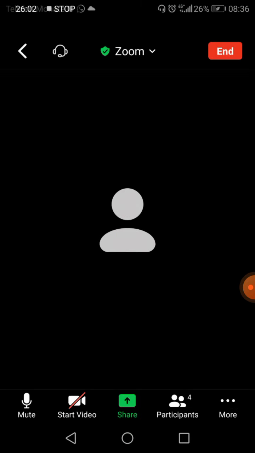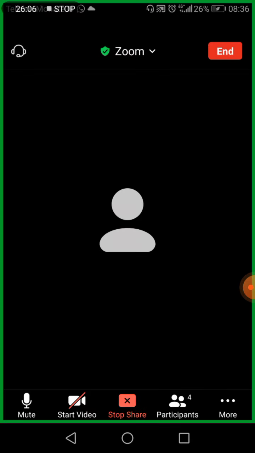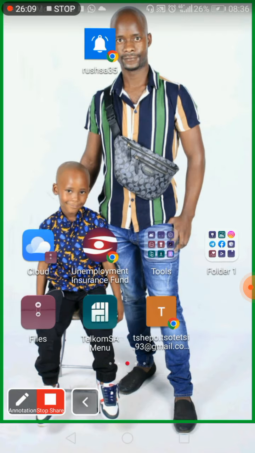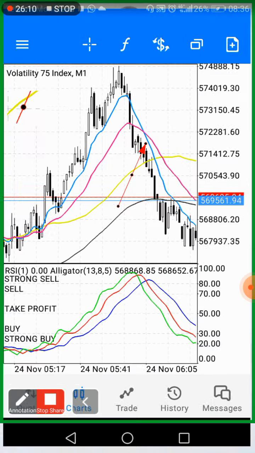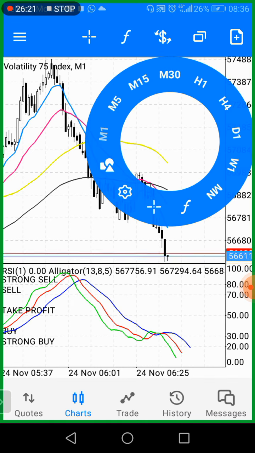We're left with about 10 minutes. So when price is touching the black line, it goes down. So let's